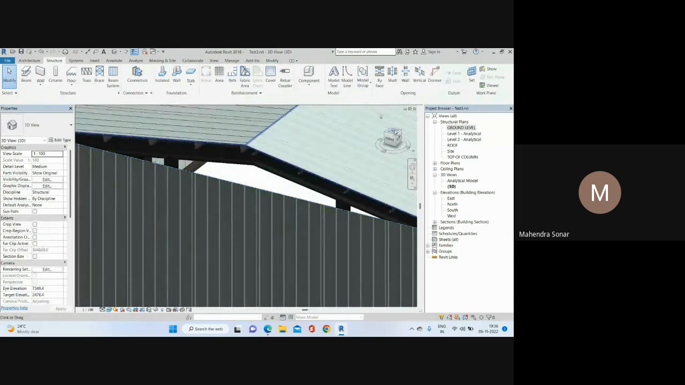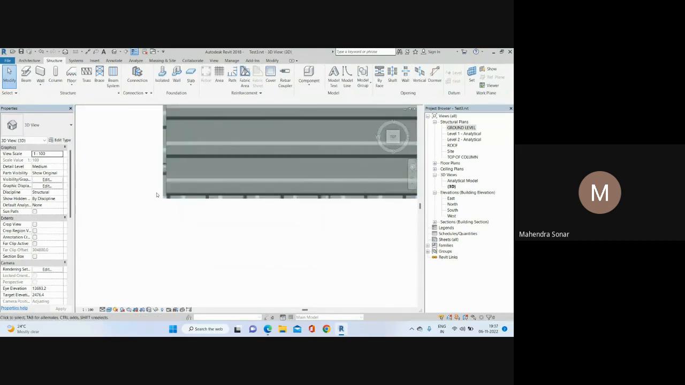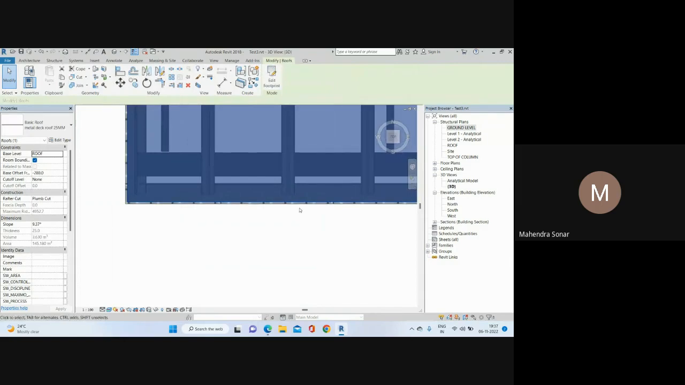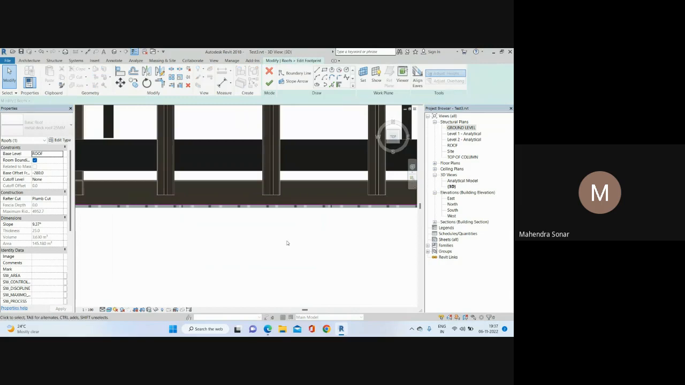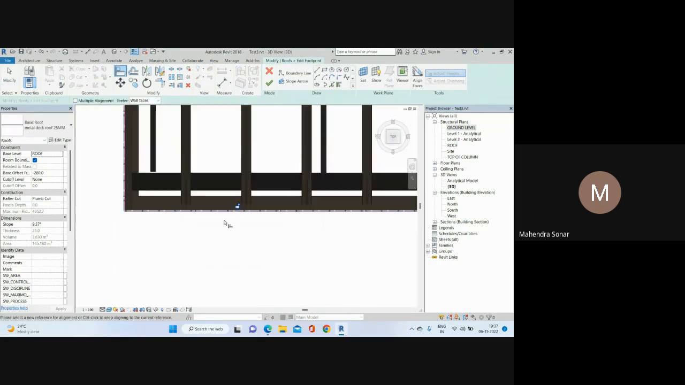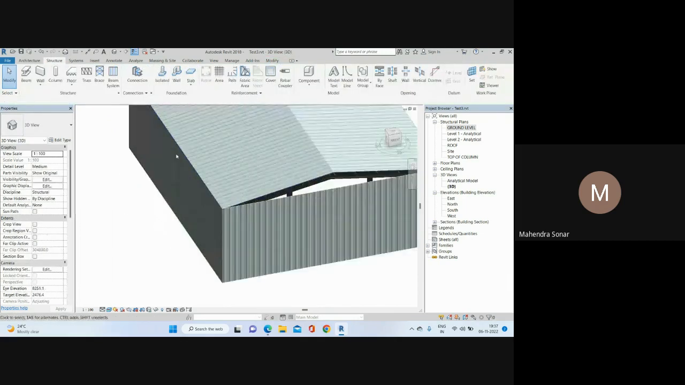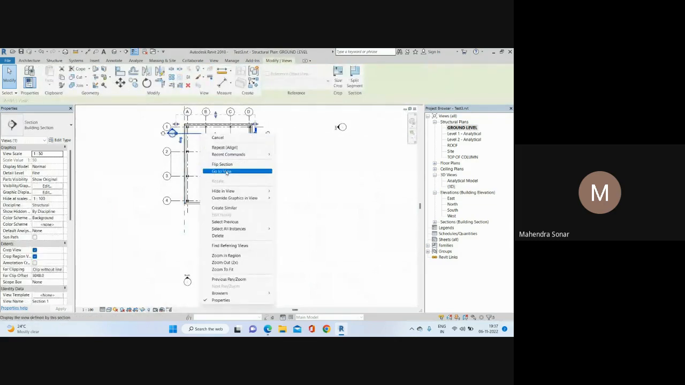So if I see in a top view, so you can see this roof is not covered up to here, right? So you need to modify this. So modify, give the align command and just match to the outer face of the wall. Okay, like that. Then if you see the section, so how it looks, so go to view, so you can see,